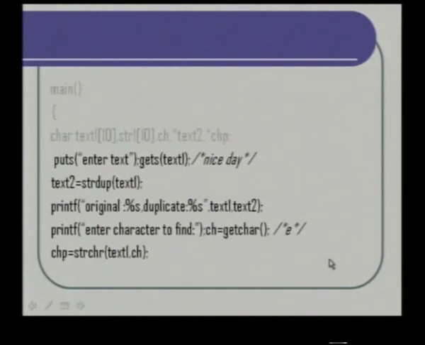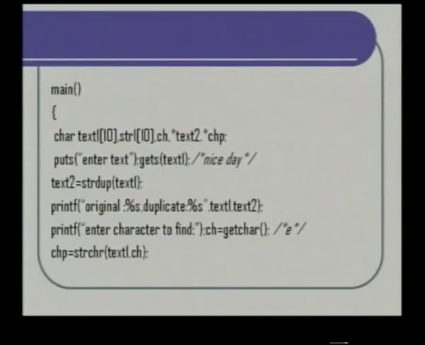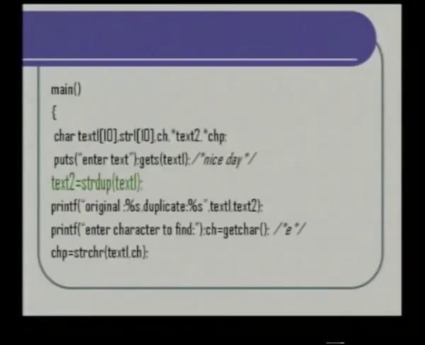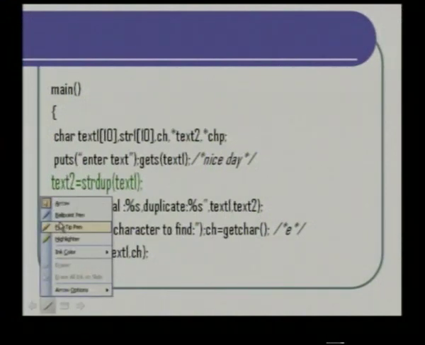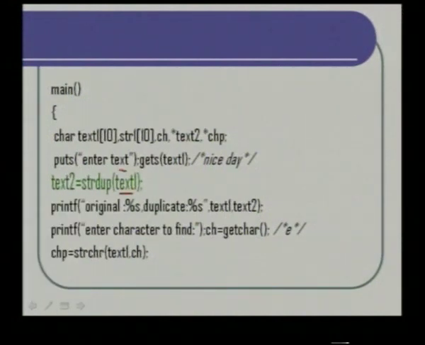So, I am declaring 2 strings over here, text1 and string 1, 2 pointer variables text2 and chp, and 1 character ch, that is to search for a certain character. For that reason I have a character over here. I am getting the text nice day, and here I am duplicating the text first. Duplicating means creating a copy of the text in another memory location. So, strdup, the text which I have entered, I am using it as the argument and I am assigning it